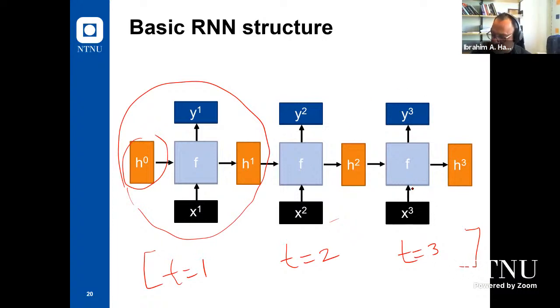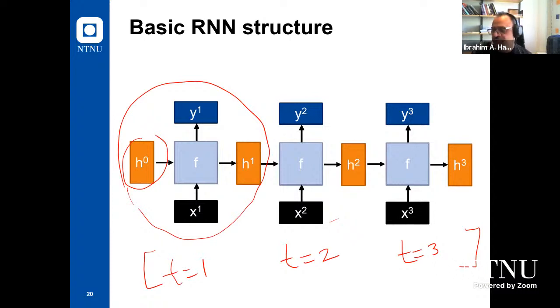So you will not be able to keep updating your state and your outputs, for example. In this case, you will keep training, but it does not memorize anything, right? I can remember something from t equals 1, t equals 2, but when it's t equals 3 to 4, I cannot update my states because the gradient becomes very, very small. So I will not be able to adjust or